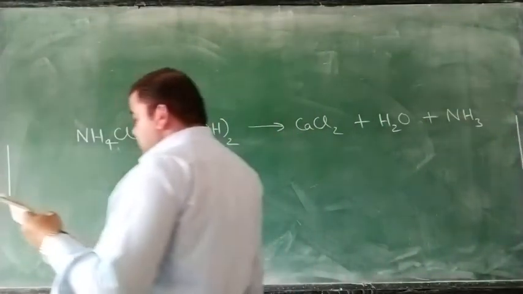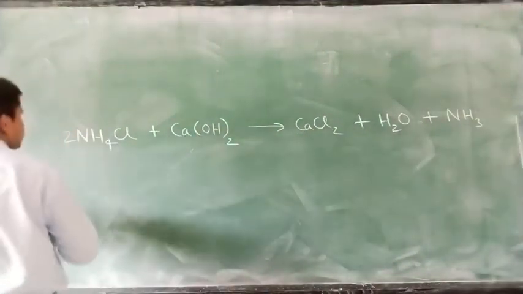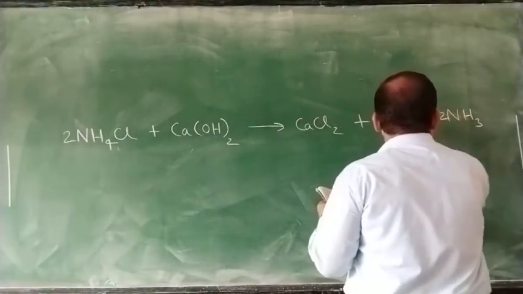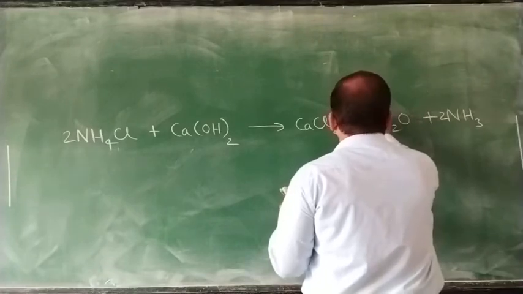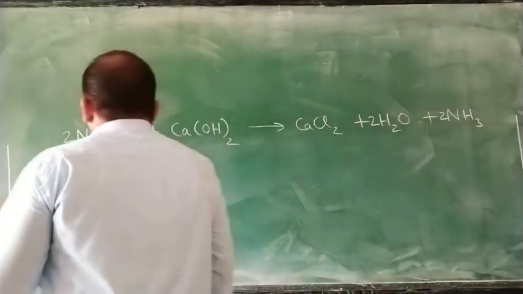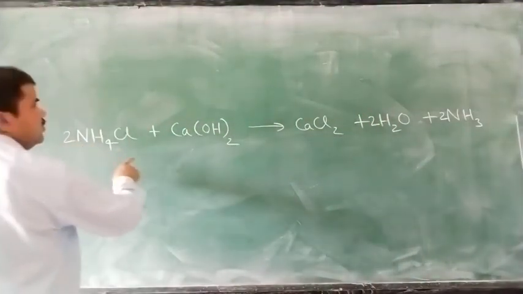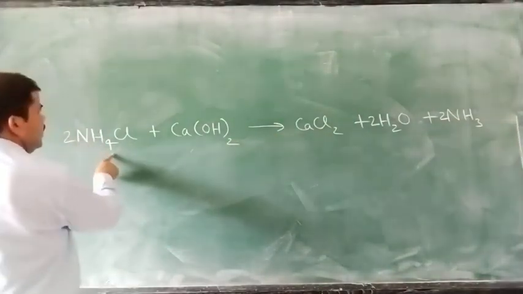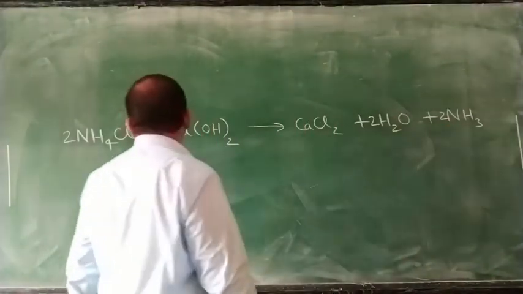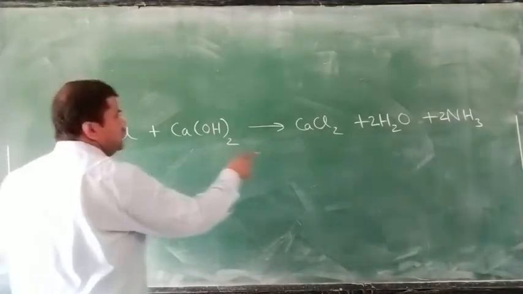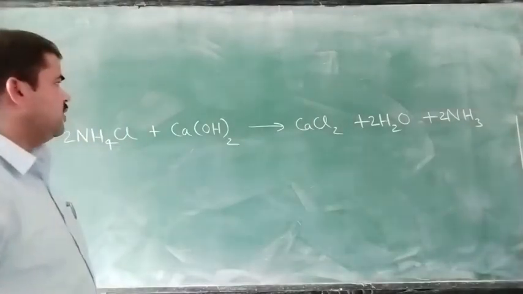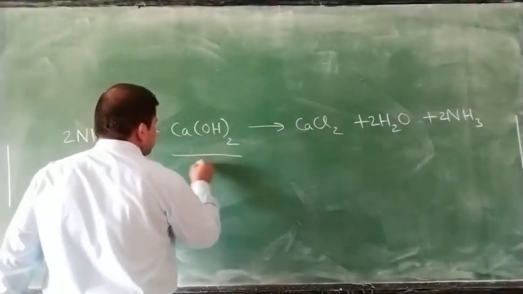And after this we can balance. Nitrogen 2, hydrogen 8, and here 10, 6, 4, 10, and chlorine 2, calcium 1. So this is the balanced chemical equation, and we can see here this is the alkali,